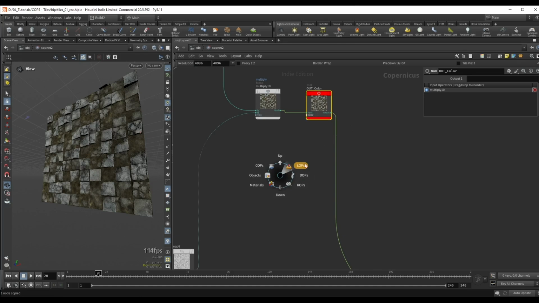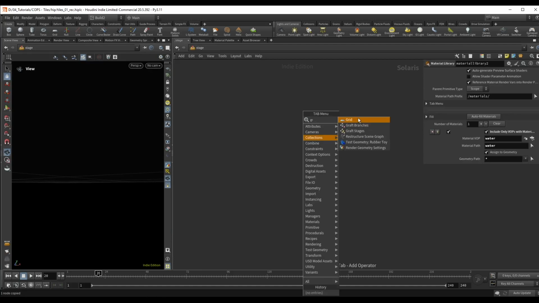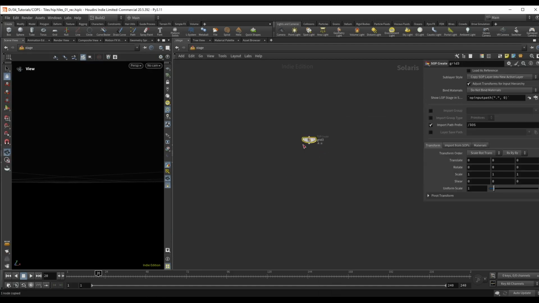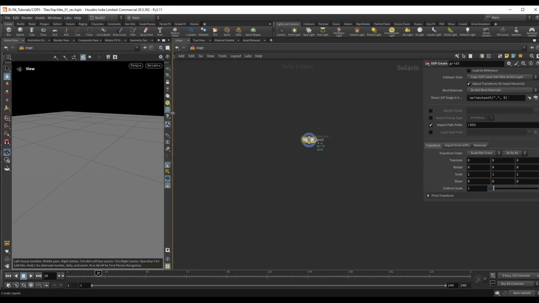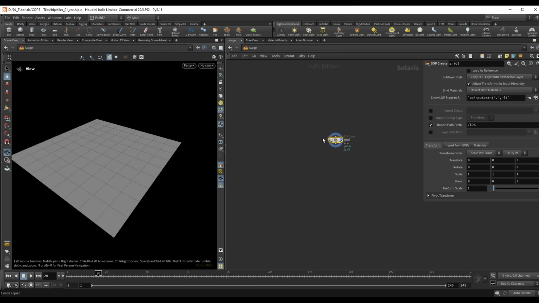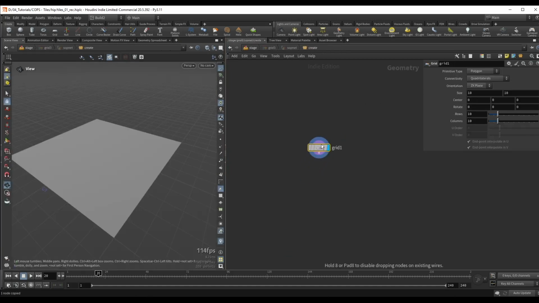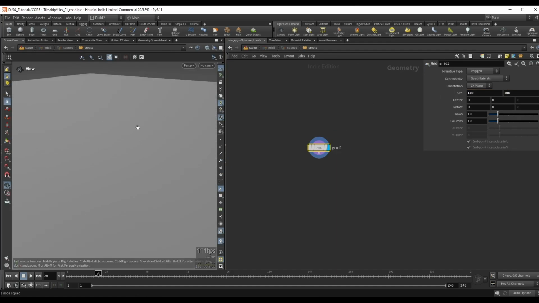Let's head over to the LOPS stage. So I'm holding down N on my keyboard and I will jump into the stage context, and here we can just simply start by placing down a grid, and we'll make this grid a little bit bigger. Let's step inside, and in the sub context here I'll set this to maybe 100 by 100,